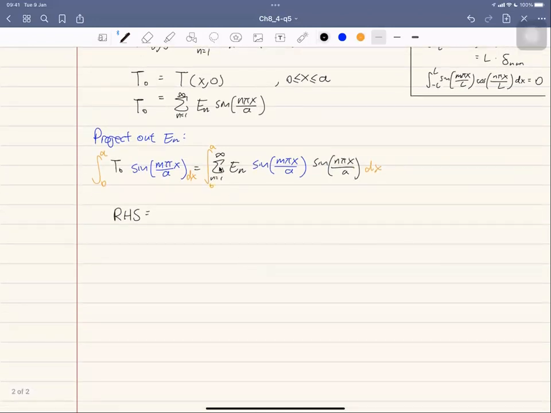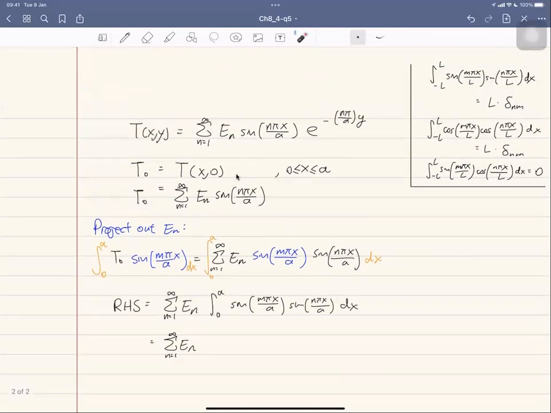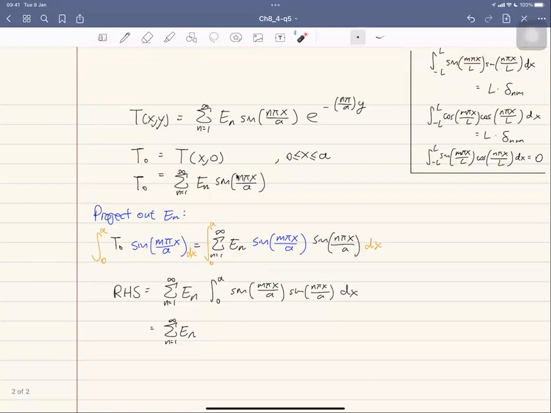The right-hand side, over here, I'm integrating with respect to x, so anything that has nothing to do with x can be pulled out. Sine m pi x over a, sine, oops, sorry, that's a, n pi x over a dx. Okay. Now I want to make use of one of these identities, probably this one, right? But I need a symmetric domain. Here I have 0 to a. So let me extend that to minus a to a. Now I can do that